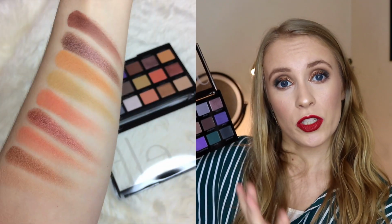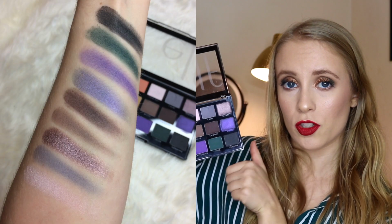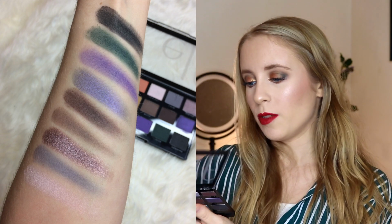I saw this palette and I just thought it was a really interesting color story, especially for the drugstore. I felt like it kind of had some Subculture vibes to it, but an even more interesting color story maybe. So there are 18 shades in this palette, which is kind of a lot. Half the shades are warm tones, half the shades are cool tones. If you look at it, it's a lot of shades, but I really like how they've made it as sleek and slim and small as possible. This really isn't that much bigger than an ABH palette, even though it has 18 shades,